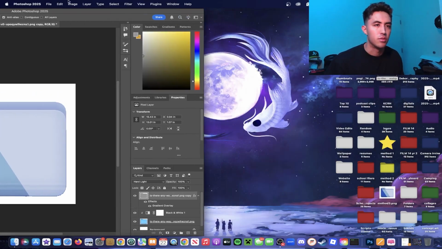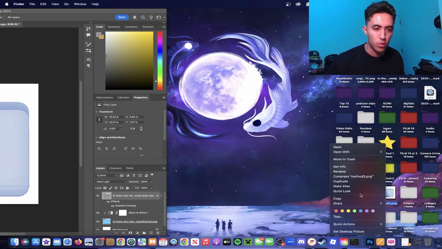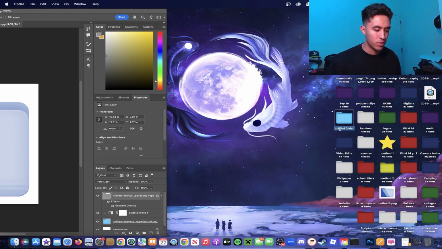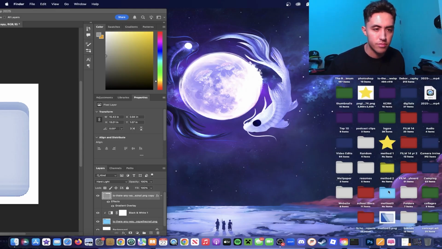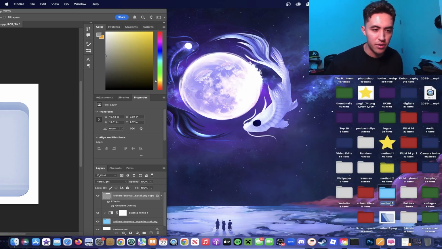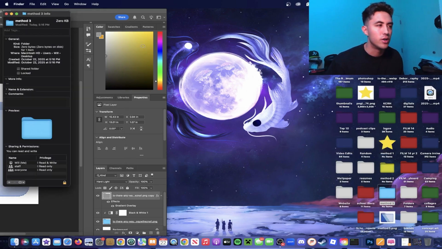So I'm going to move this to the side. Let's wait for that to show up. Here it is. Okay. We're going to go ahead and copy it. Make a new folder, and we're going to call this method 3. Oop, I did not put a space. Let's just rename that so I don't freak out about the space. Method 3, get info, and we're going to go ahead and copy our new method 3 image into the, oh,